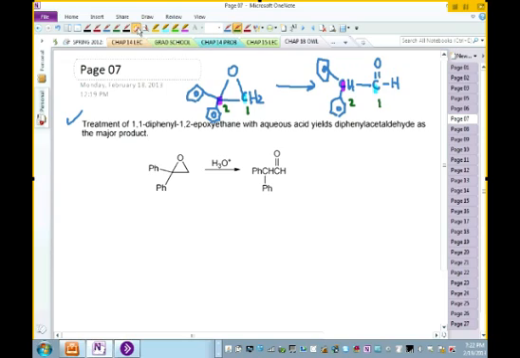Keep in mind, all you have is, let us now write the mechanism. You have this epoxide, okay? You do have the non-bonding pair of electrons on oxygen. And then you have what they're giving you, dilute acid. So what do you think is going to happen first? You have the proton from the hydronium from the dilute acid that protonates the oxygen. So now you're going to have a protonated epoxide, right? So let us do that.